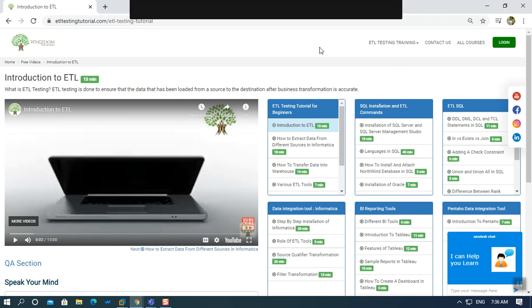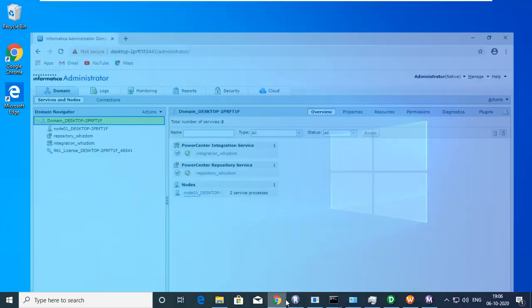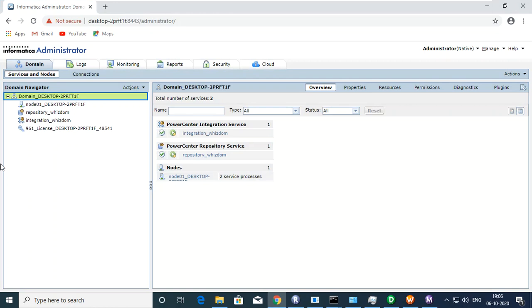See, listen. I have to tell something important to both of you. Whenever you're working with Informatica, it comes with a 12-day trial version, and after 12 days it starts troubling you. If I open my virtual machine, I am connected with the repository service and all. Sometimes we may not be able to connect to this.